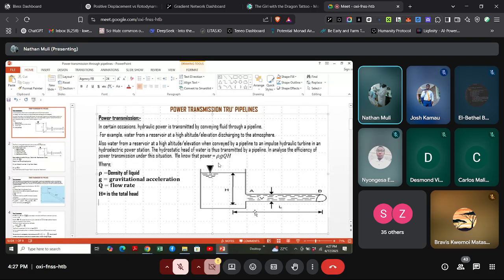What is the maximum power being transmitted through that? For that to happen, maximum power being transmitted, let me call it P max, should be equal to